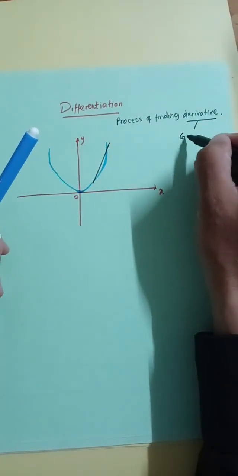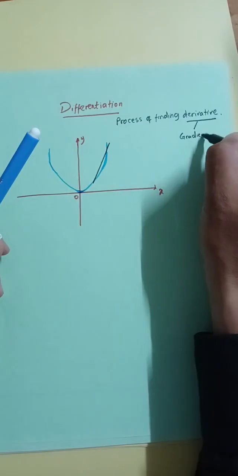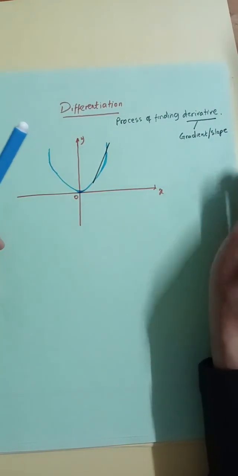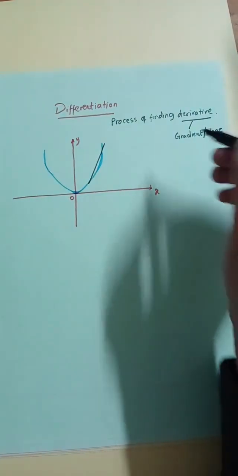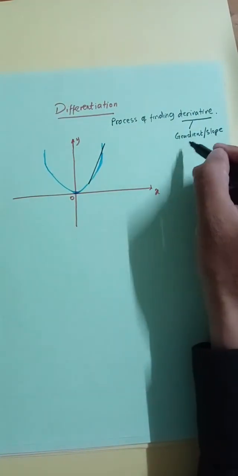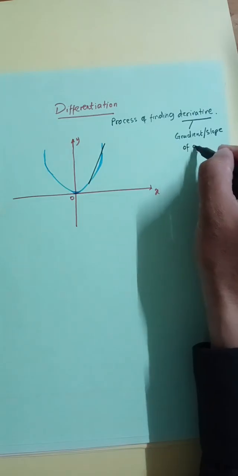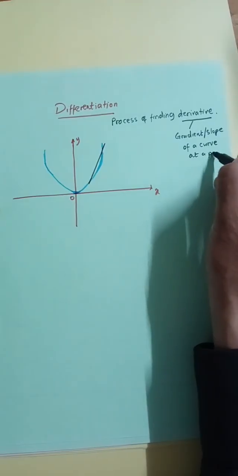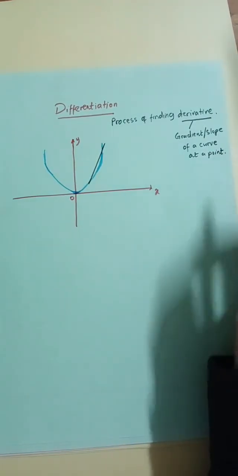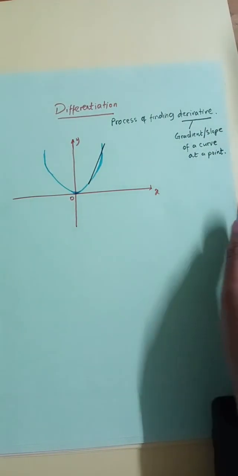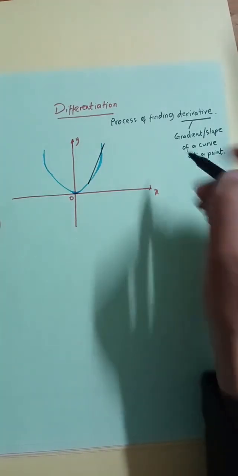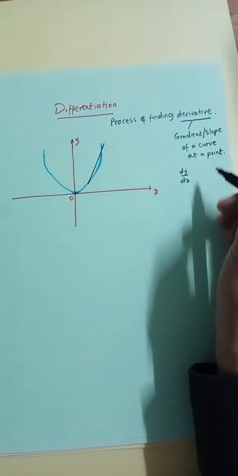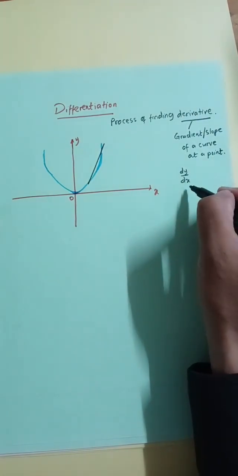Gradient or slope of a curve at a point. Gradient or slope of a curve, geometrically, of a curve at a point. The derivative is denoted by dy over dx, dy over dx, if y is a function of x